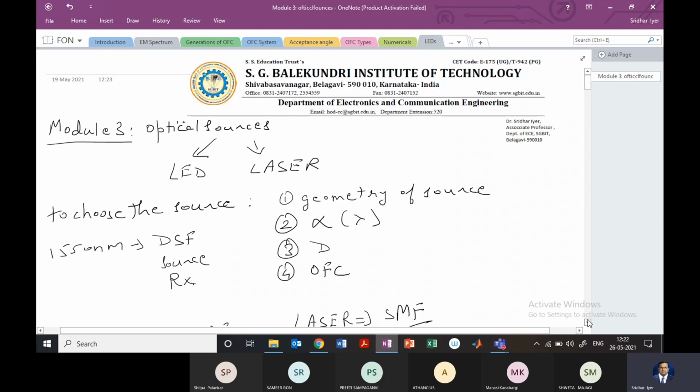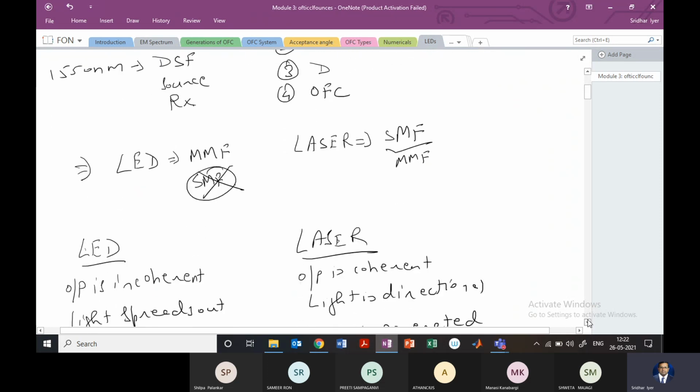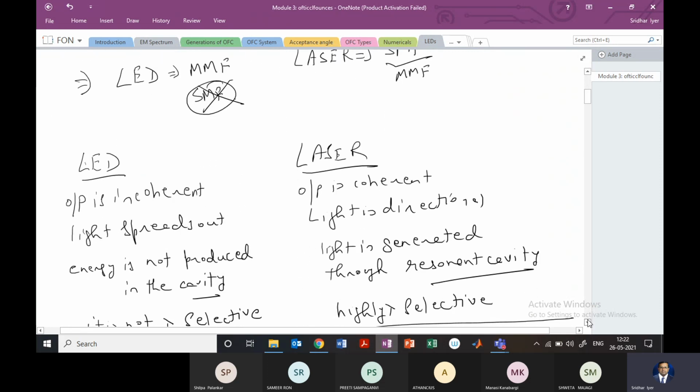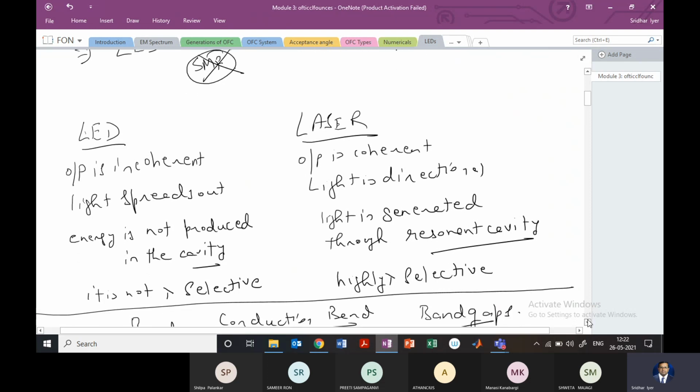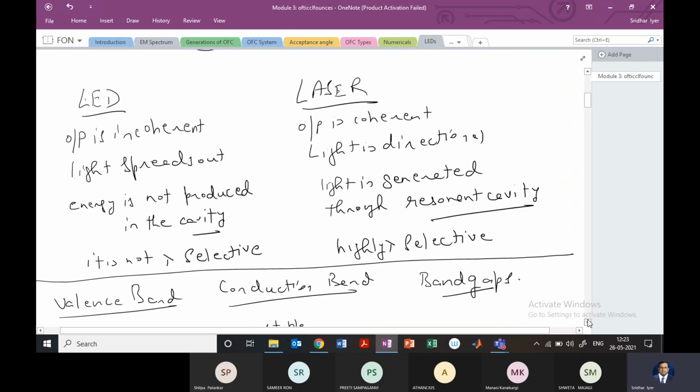So we have spoken about the LED and the laser, what is the difference between the two in general. Then we looked at the LED's light being incoherent, whereas laser being coherent. We have also discussed why that is true. In the laser there will also be a light amplification. We still have to see how that happens, but that will be the case there. Laser is going to be very selective in terms of the wavelength where it operates, whereas LED is not that selective, but usually LED we used in the lower wavelength range.